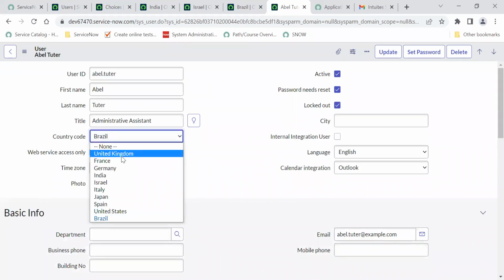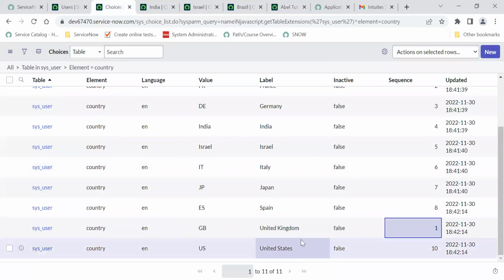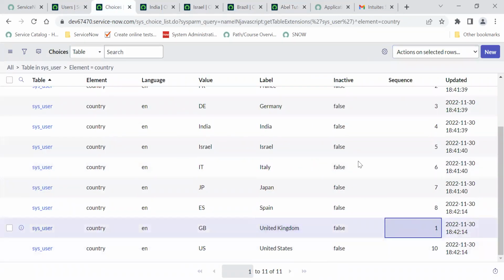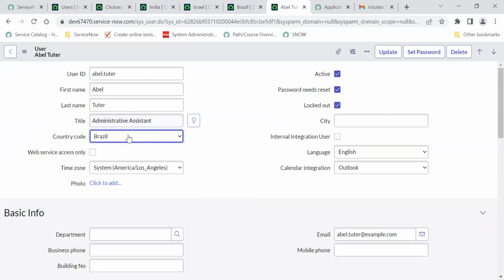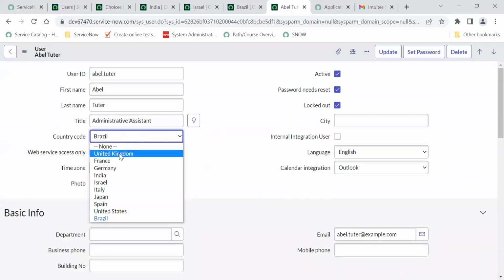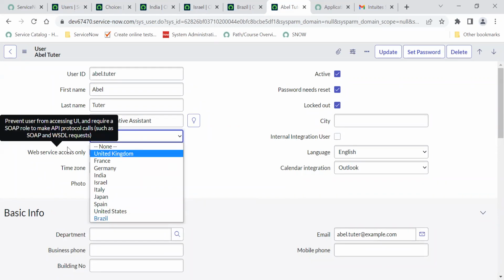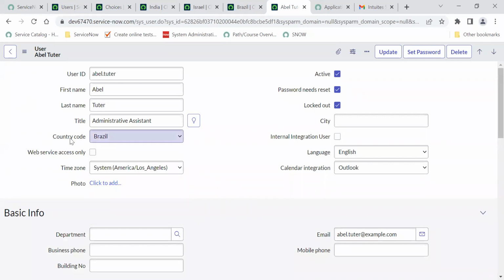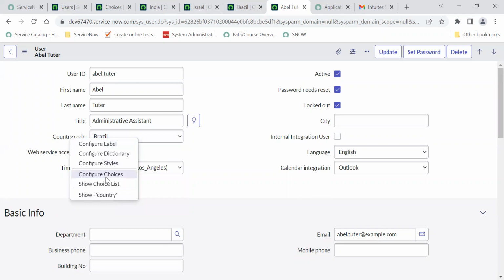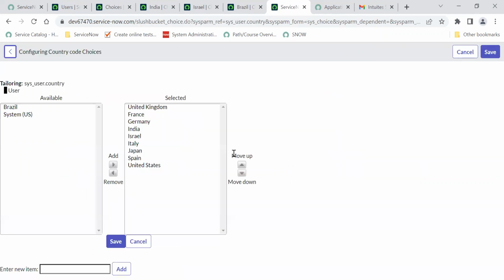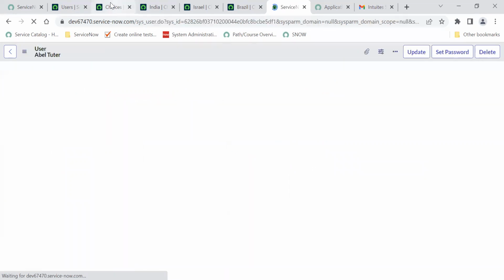See, okay, I made United Kingdom, sorry. Yeah, United Kingdom. And so now that is at the top. Now if you change it from here, that also works the same, okay? So if I go to configure choices, and here I bring United States to the top and save it,